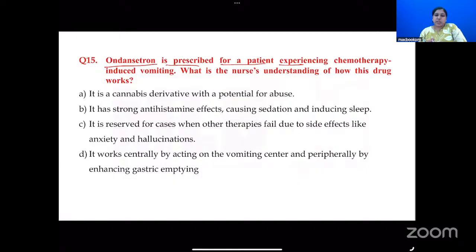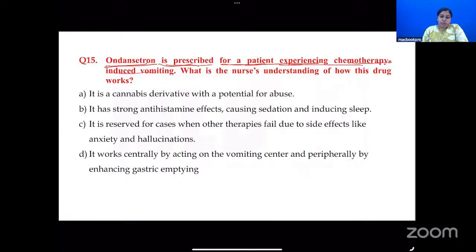Mostly practical-based MCQs are going to come. Think like a nurse. Don't create any advanced or unknown scenarios. Just because you studied more, you should not think advancedly. Whatever is given in the question, I'm going to see it. Whatever is given in the options, I'm going to see it. Based upon that only will my answers be. I'm not going to create any form of scenarios. Coming back to the question, ondansetron is prescribed for a patient